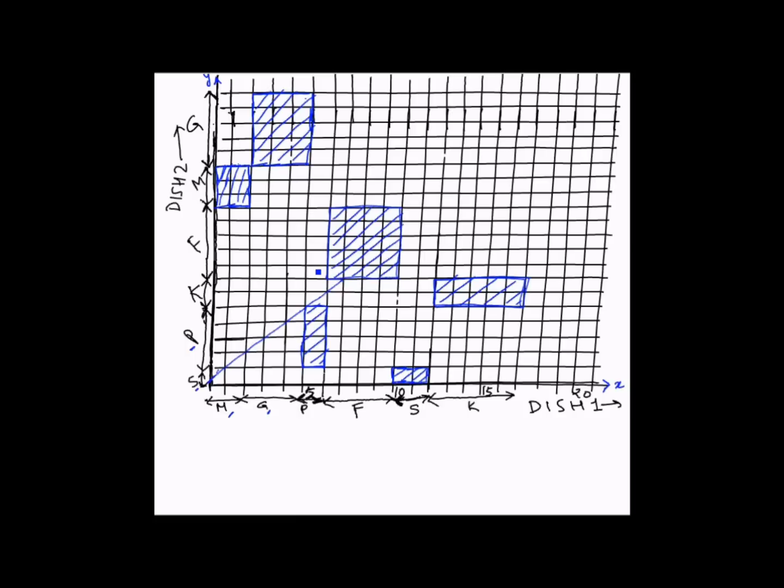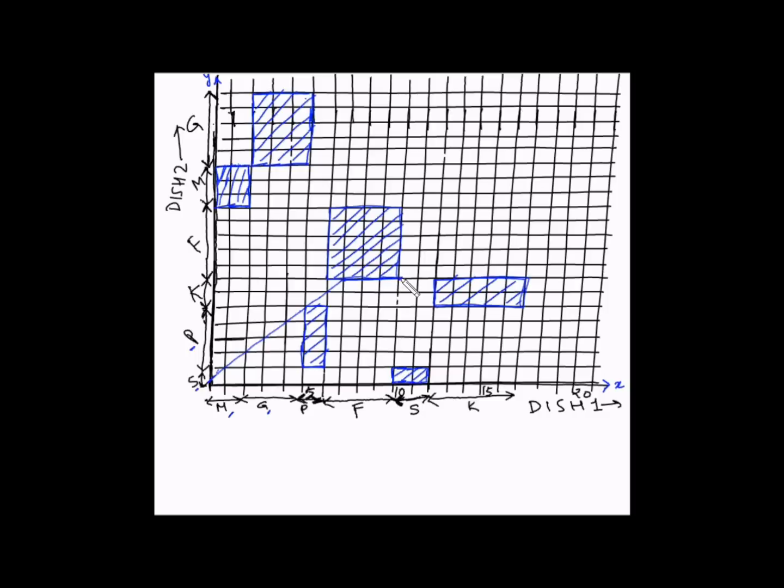Now we can't cross this equipment, so we have to move horizontally, that is dish 1 will be prepared while dish 2 is waiting. So from this point here we will move horizontally, that is we'll continue with dish 1 while dish 2 is